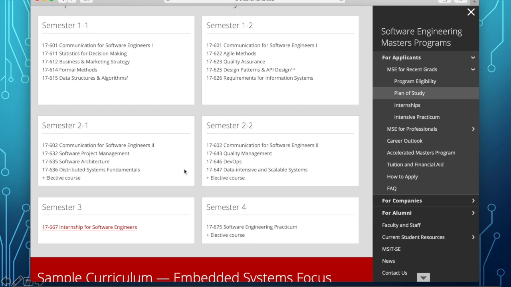So that's how long it will take you to finish the program. And look at the courses that are involved in the study of masters in software engineering. You gotta have statistics, business and marketing, formal methods. Well, you are familiar with data structures and algorithms. There's agile method, quality assurance or testing, design pattern and API design,